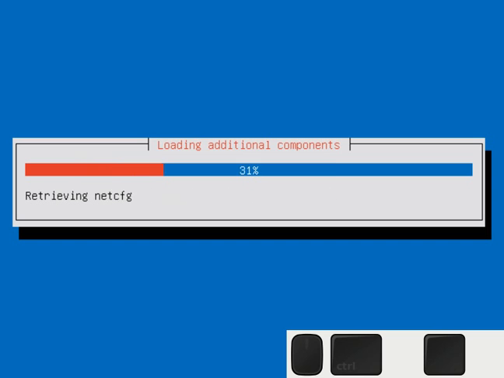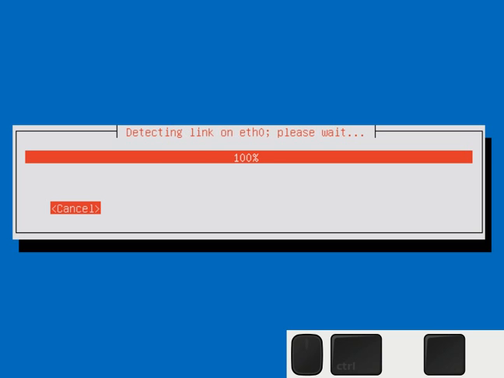Now I've taken a shortcut. I've disconnected my network. So I'm going to just talk about why you have to use the alternate CD. If you have enough RAM to use the desktop CD, which is the graphical installer, pretty much what most people use,